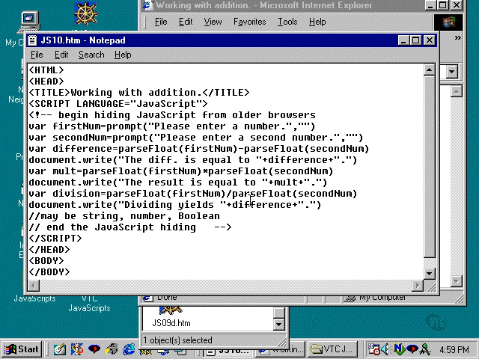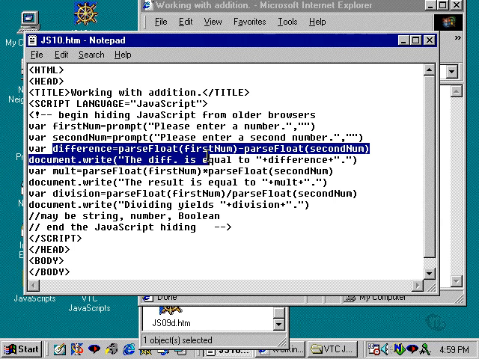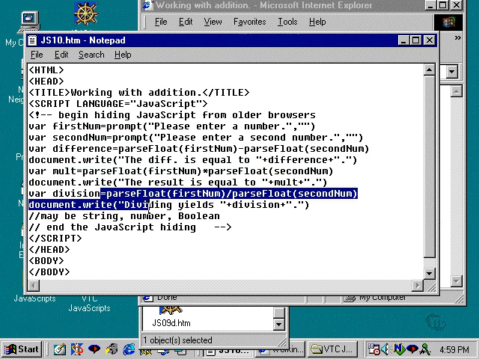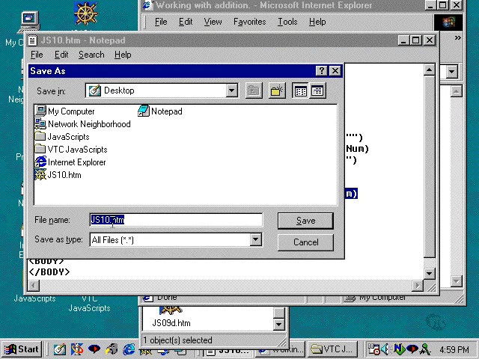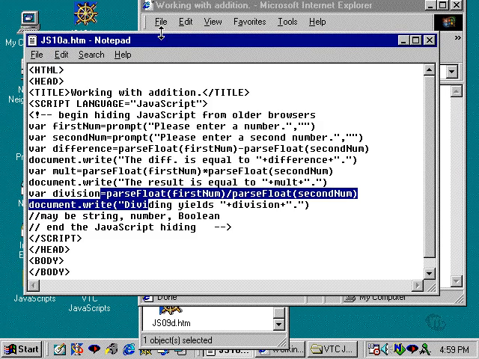and then division here. And so I have three separate sections. I have a subtraction section where we have difference. I have a multiplication section and a division section. Those are your three basic other arithmetic operators. We're going to file save this as JS10A out here. And I'm going to